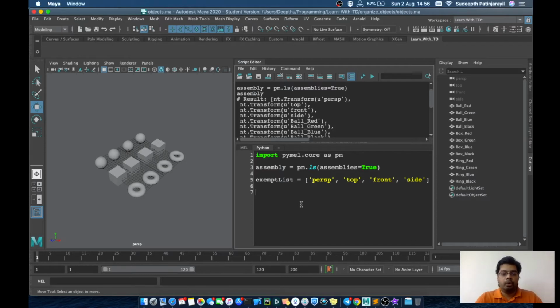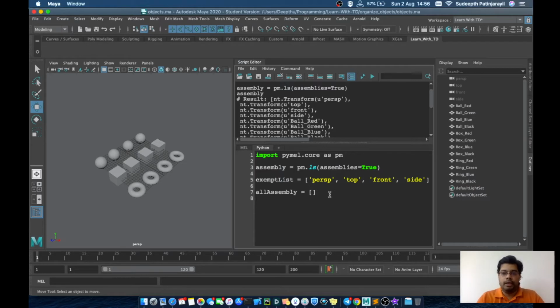So we have to create a new list here now, all assembly. This is an empty list, there is nothing in that. We are going to append all these assemblies which are not in this list.